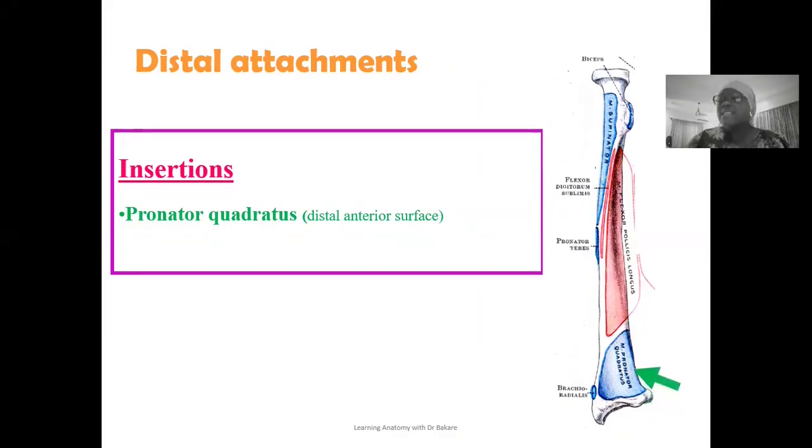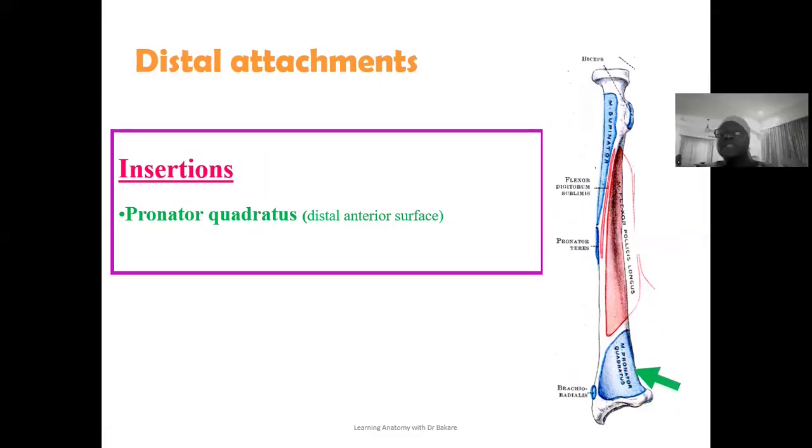And at this point is where we have the insertion site of the pronator quadratus, a four-sided muscle that is seen to originate from the anterior surface of the ulna. We already described this muscle in our previous lecture on the muscular relations of the ulna. We said that around the distal anterior surface of the ulna, it is seen to originate from this point, of course directed laterally, where the fibers will finally be inserted on the anterior surface of the distal region also of